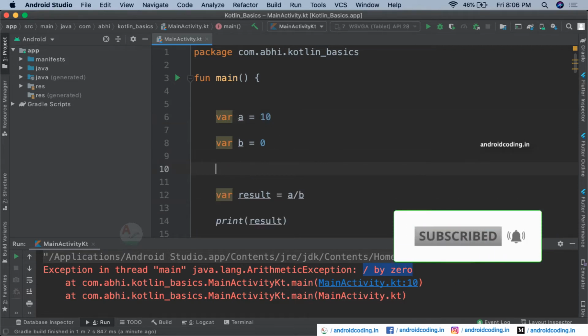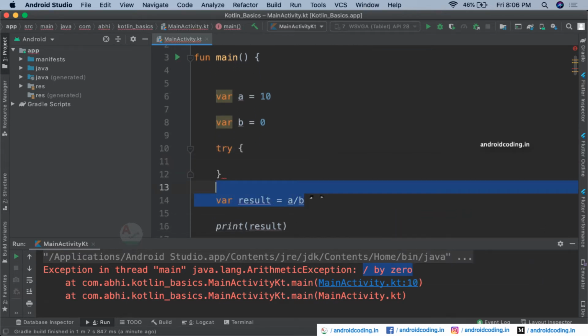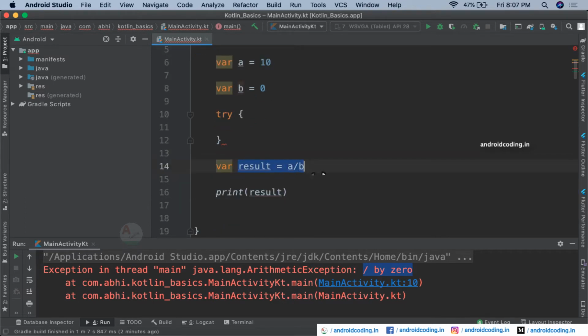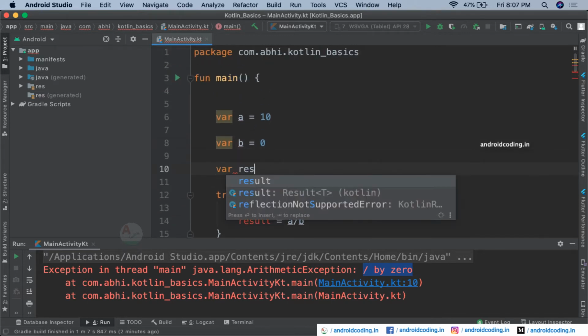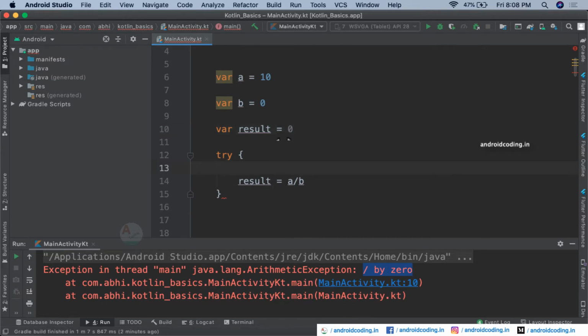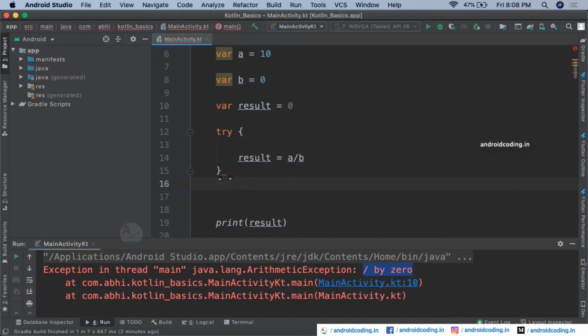Here we will try to handle them using a try block. This is a try block, and inside it we are going to place this particular code. Now let's place this block of code inside try, and we will initialize our variable result. I am predefining it to be 0 here because later on we can replace it with the calculation. Here you can see we are getting an error, because a try block needs to be followed by a catch block.